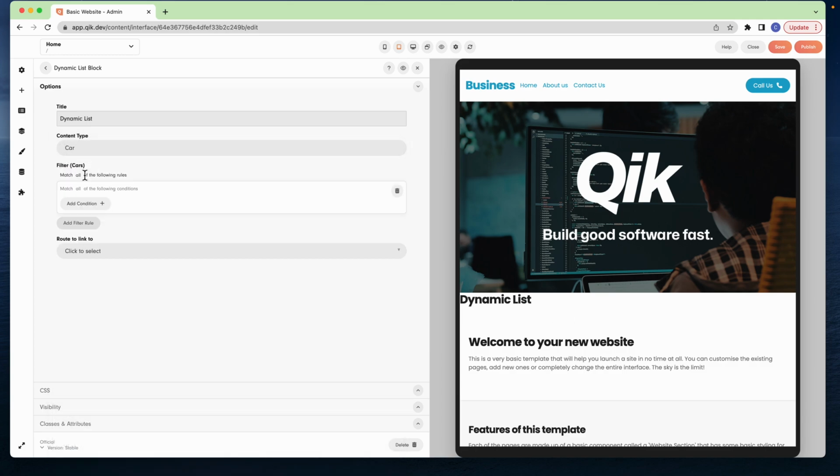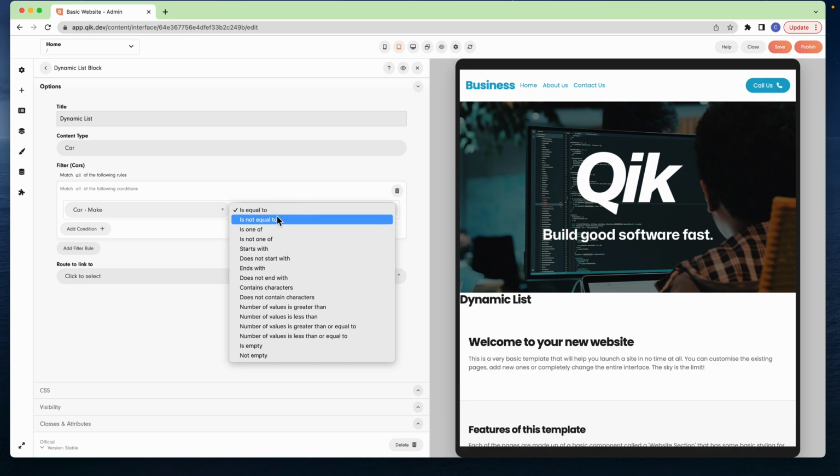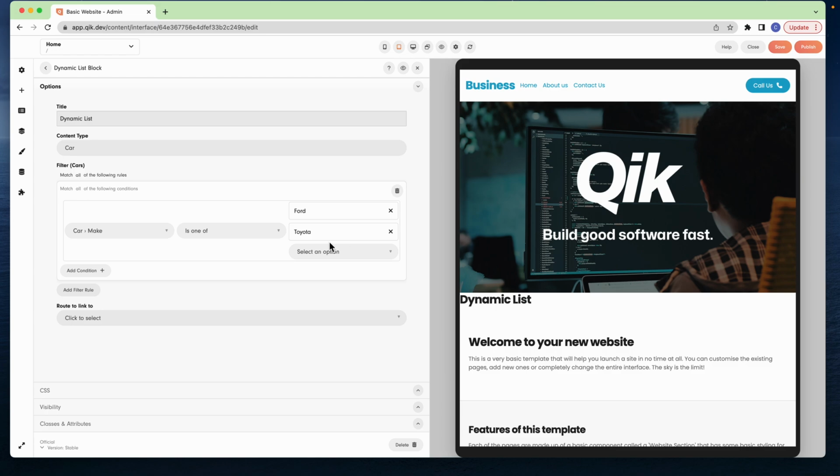We can add our filter rule to do what we did before, where we say we only want to find cars that are a Ford or a Toyota or something like that. And what you'll see is nothing actually appears on the screen. Now the reason why is because in this preview it's actually displaying the preview just like our actual website. So I'm going to hit save here,